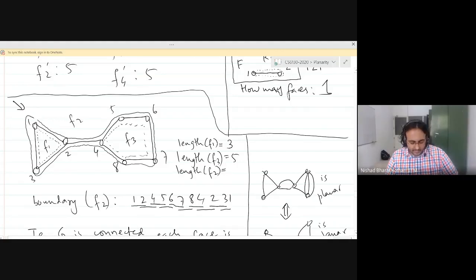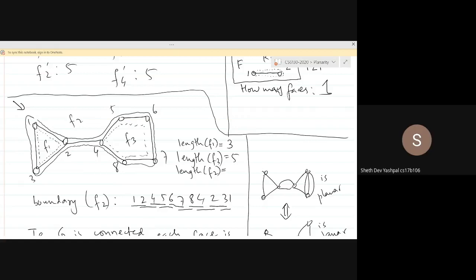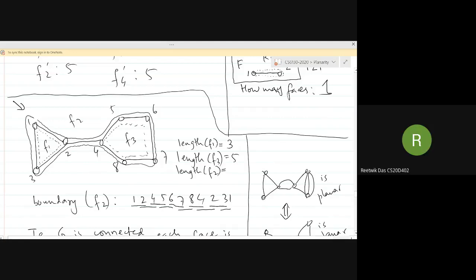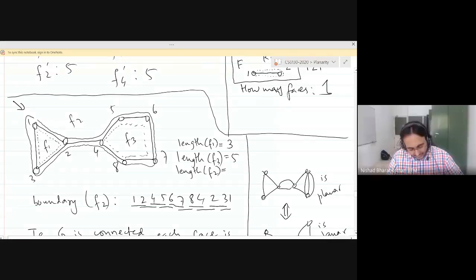So why is it that someone thinks it's 9 and someone else thinks it's 10? What is the reason? I made a counting error, that's all. Oh, but no, there is also a reason, right? There is a reason behind the counting error. I think we are counting 2, 4 and 4, 2 twice. Exactly. We are counting a certain edge twice. So it is natural to think that it could be 9. But because it is a closed walk, we are going to count multiple times depending on how many times the edge occurs in that closed walk, right? So the length is actually going to be 10.